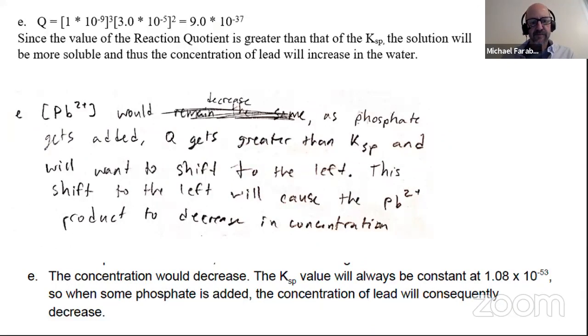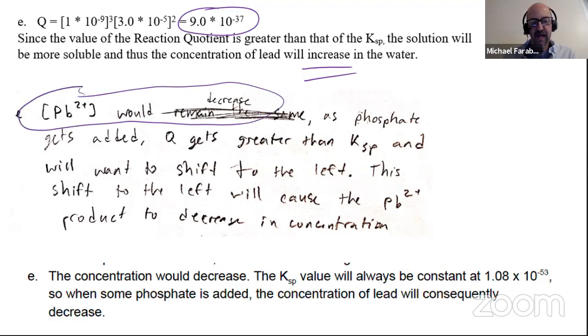All right. This is the right value that we're looking at, except they said the concentration of lead will increase. So they had the right idea for Q versus K, but they expressed the incorrect answer about what's going to happen to the concentration of lead. All right, this says lead would decrease, and they say Q is greater than KSP. So the problem here is they didn't actually show us the calculation. So in this answer,